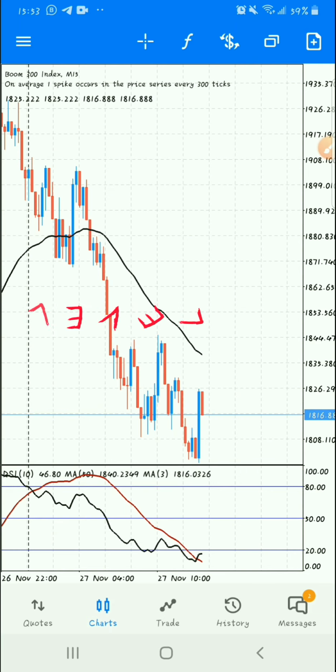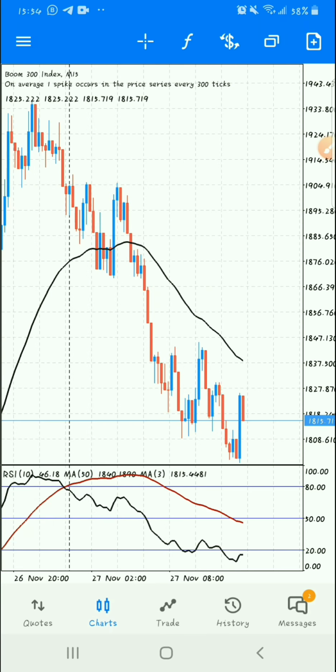So with this strategy, what we're going to focus on is all about our moving average. What do they tell us? What do they give us? Which indication are they giving us, guys? Don't tell the market what to do, but let the market tell you what to do. So for now, as you see on my screen guys,